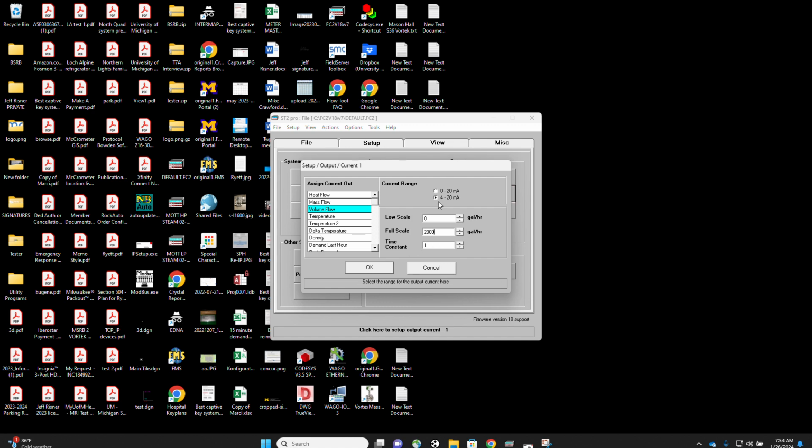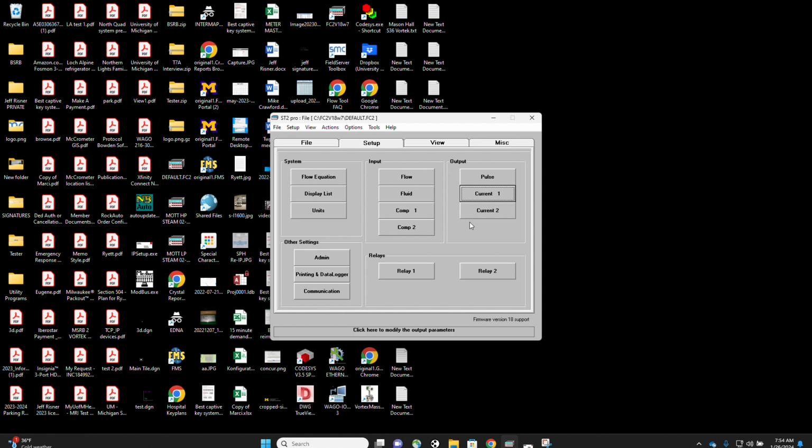Q equals 2000 and 4 to 20 milliamps. So that's our volume flow, and then that's it. This should be programmed for chilled water. So now I want to,